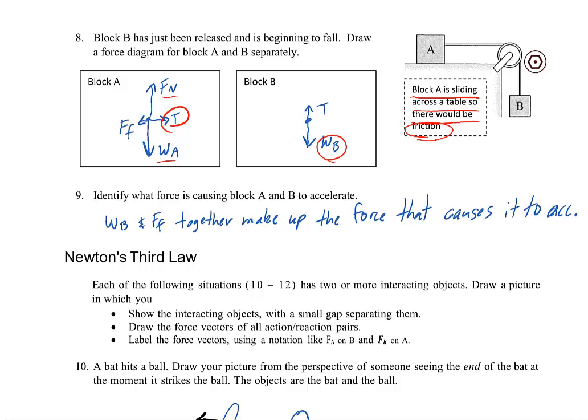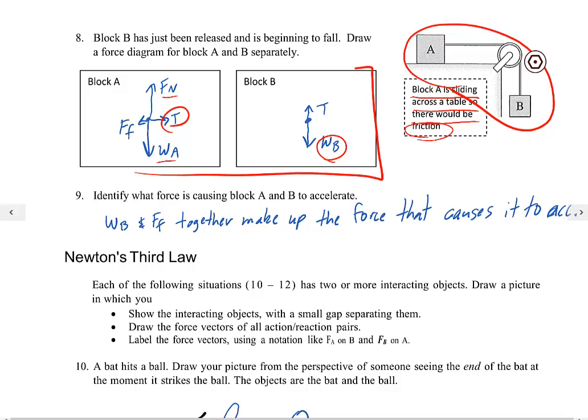So part 9, identify what force is causing block A and B to accelerate. In this case, remember, we are going to consider our system to be both objects together. And so if we are using all of this as our system, then our tensions are internal forces and therefore are irrelevant. Our weight A and our normal force, because those two are equal to each other, cancel out